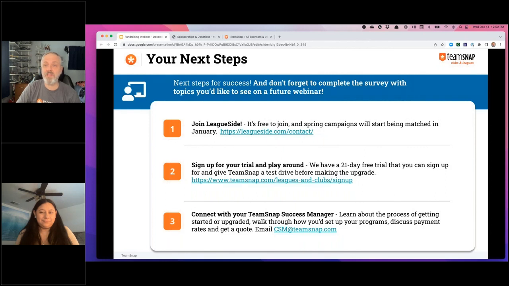How do you get to the programs under TeamSnap? Is it a separate module? I would recommend you reach out to your customer success manager. This is the latest Clubs and Leagues version 2 that we released last spring. A lot of people have upgraded from that and, honestly, from other platforms into there, so we're excited about that. Your customer success manager can get you all set up and help you create those. But our next steps are everything we talked about. We're going to go ahead and get going.